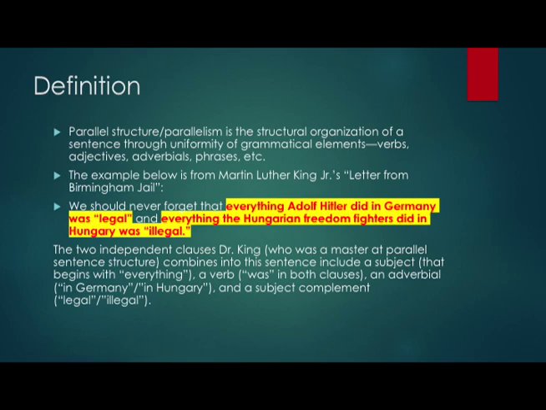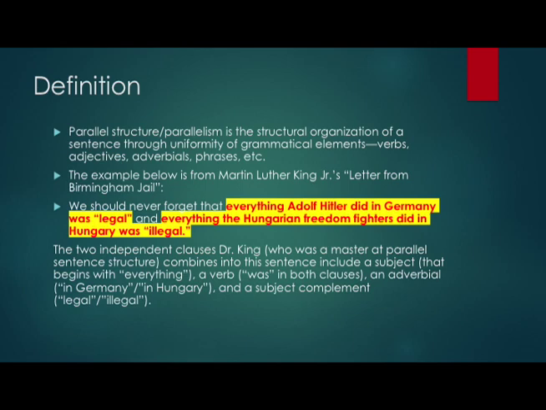So here's an example from Martin Luther King Jr.'s Letter from Birmingham Jail. "We should never forget that everything Adolf Hitler did in Germany was legal, and everything the Hungarian freedom fighters did in Hungary was illegal." Okay. So the two independent clauses that Dr. King combined here, and he was really a master at parallel sentence structure, okay,